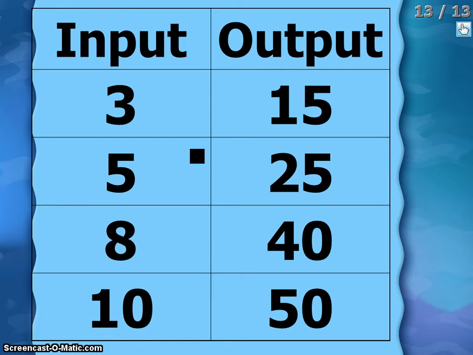And now I know it's going to be multiplication. I have to figure out what happens to 3 in order to get it to 15, or what do we multiply 3 by in order to get 15. Now I know 3 times 5 equals 15. Now I'm thinking the rule is multiply by 5 for each input and output. In other words, every number is multiplied by 5 to get to that output,